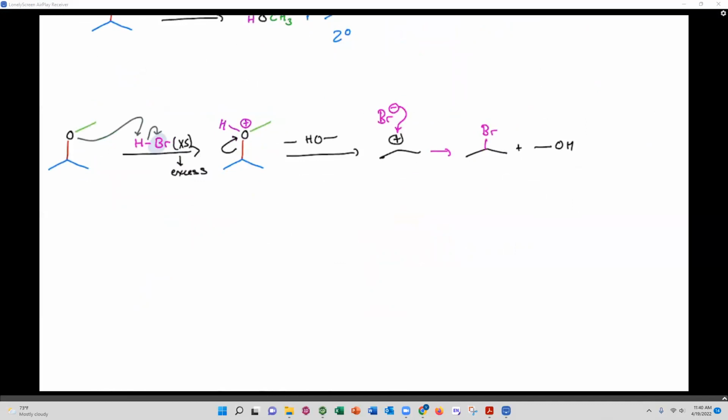This reaction mechanism is going to proceed, and I'm going to form the 2-bromopropane. But now, since I do have an excess of HBr,